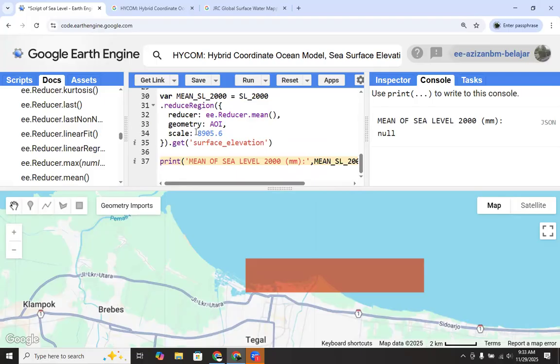If the result is null, we can change the scale, let's say to 100 maybe, to define a better sampling. And this level is 682 millimeters.